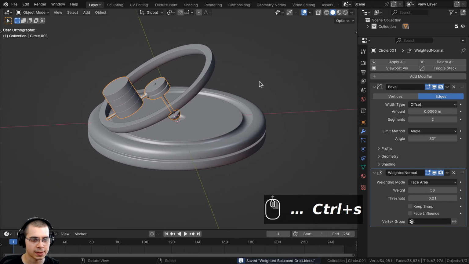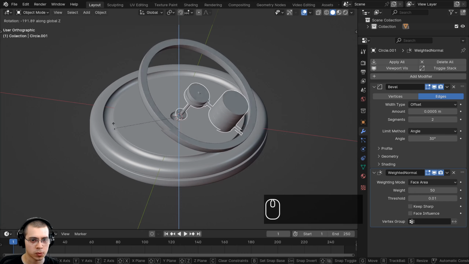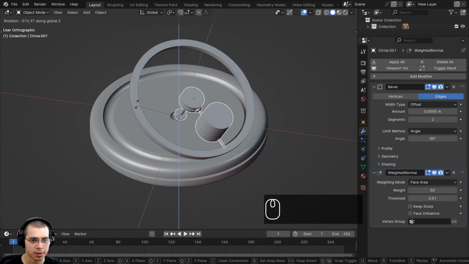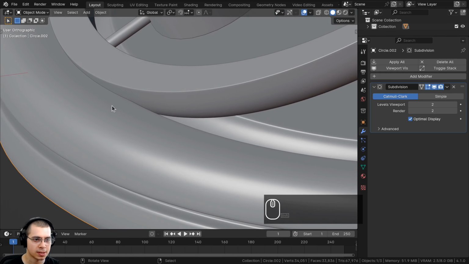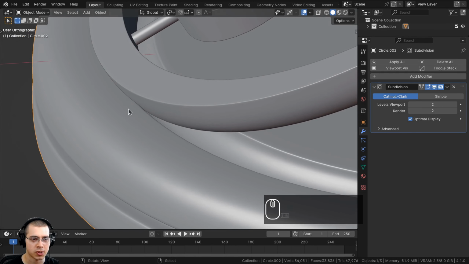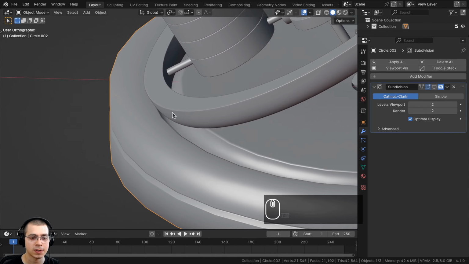So again, if I select this object and hit R to rotate and rotate it on the Z-axis, you can see that's rotating around there inside that spot. Now this might be happening for you where this spot has too much space, but then this spot over here doesn't have enough space. So I'm going to show you how to fix that. So I'll select the object, and I'm first going to click on the monitor icon just to hide the subdivision surface so it's easier to see the vertices.